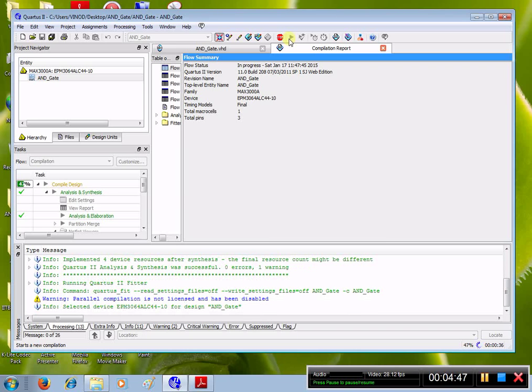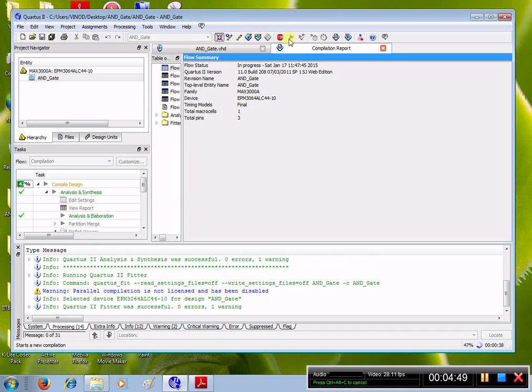But for a better result, I am compiling it again. So once done with the compilation,